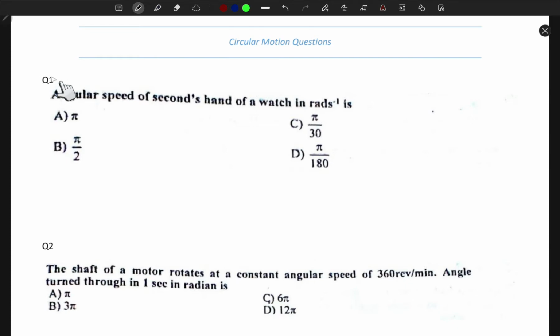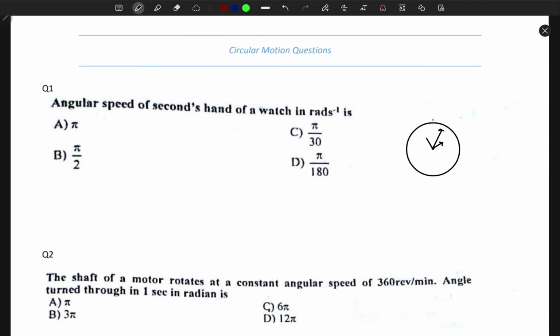So here we have question number 1, and it says the angular speed of seconds hand of a watch in radians per second is what? So, how do we go about this problem? Well, think about a clock. You have a clock, right? And you have this hour hand, then you have a minute hand, and then you also have a seconds hand, right? Now, this second hand, it would move